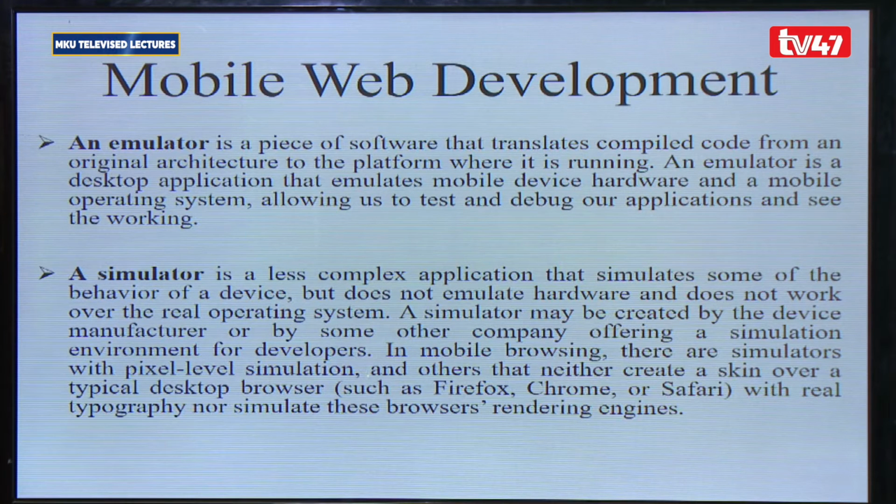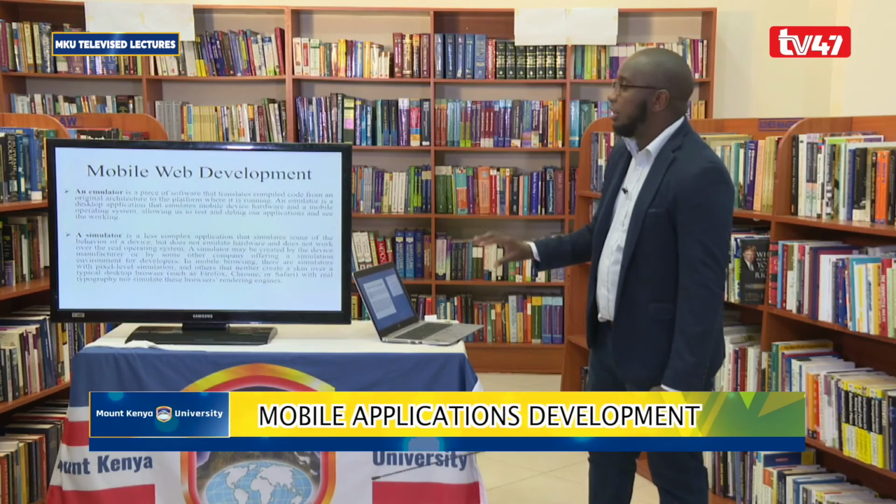Some of the examples, or in most cases, some typical desktop applications, we can talk about a web browser. For example, we have Chrome, Firefox, and Safari. We have the Onion, the tool for those who have security issues, and that's an example of a simulator. We have different skins depending on the engine you are on. But as we move on, you will have an experience of a simulator.